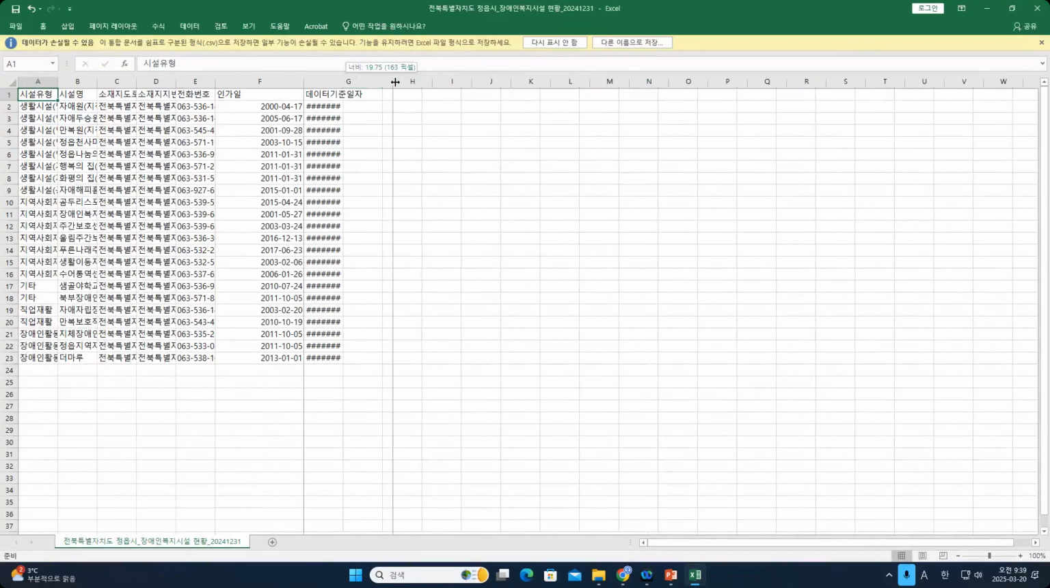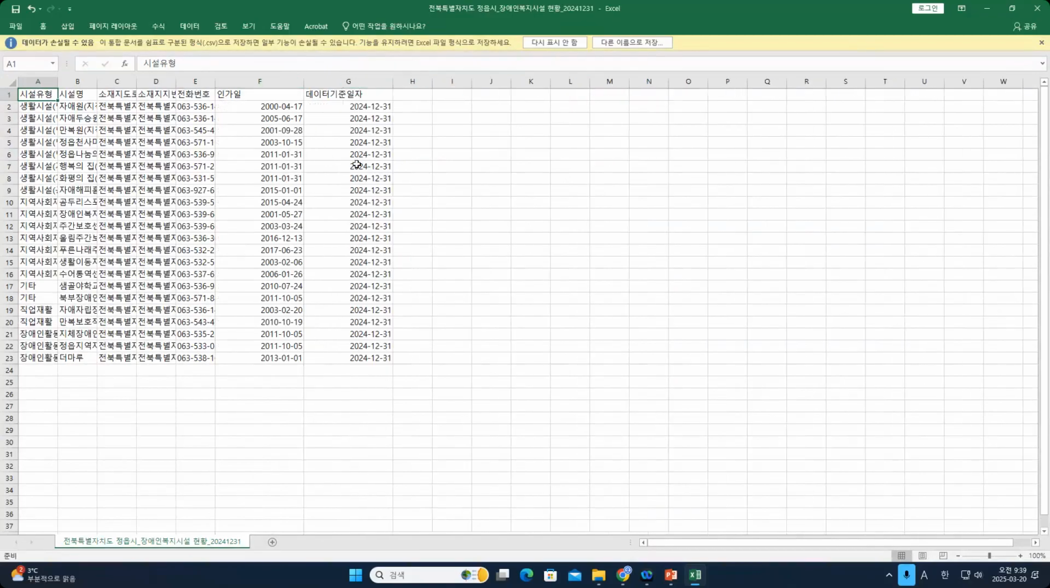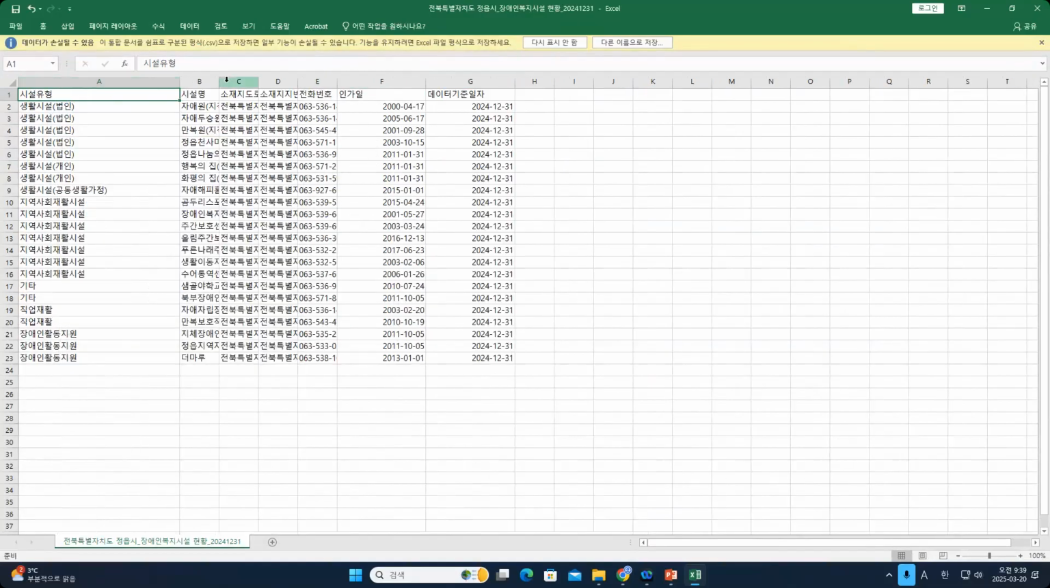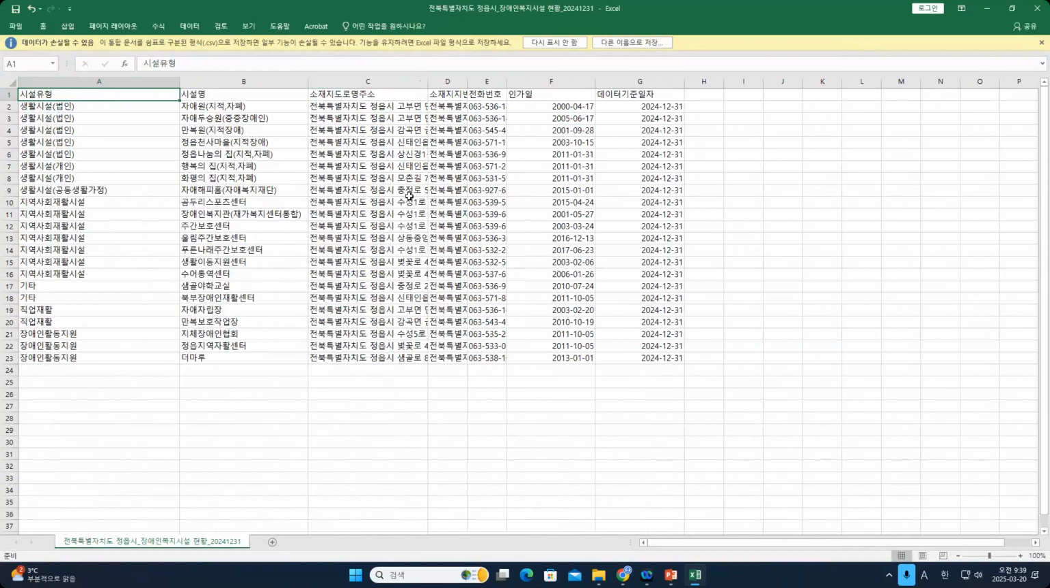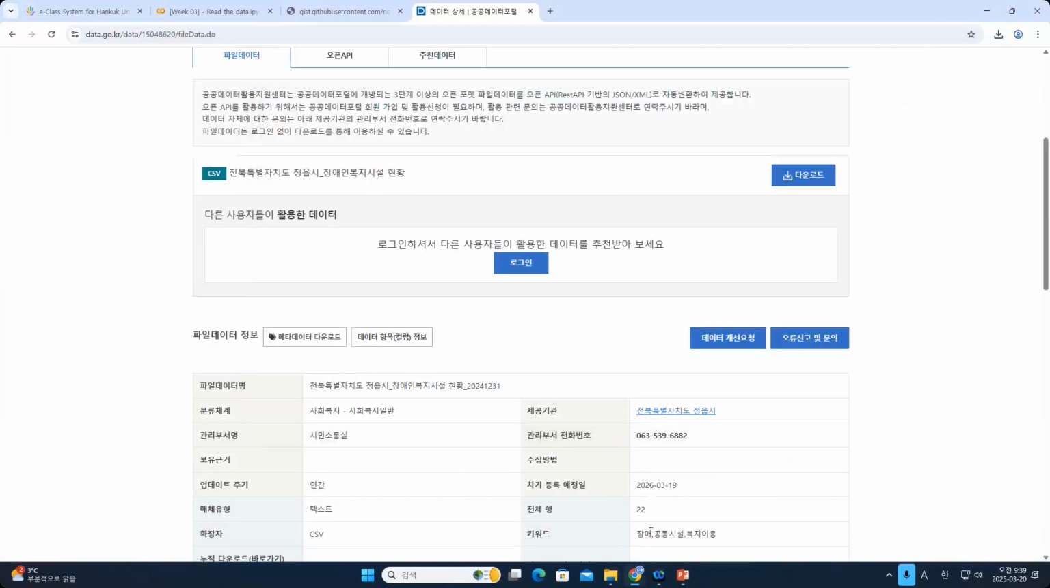Then this CSV file can be opened in Excel, and then you can analyze this data. It is called sample season, Changnyeom and etc. Okay, so those data can be downloaded for free. And then